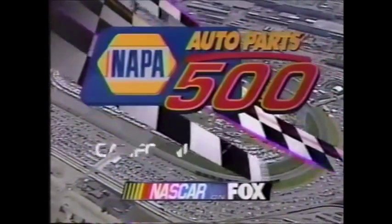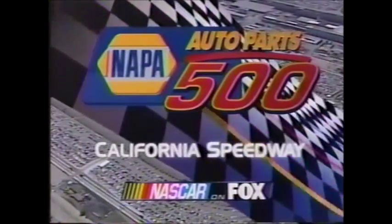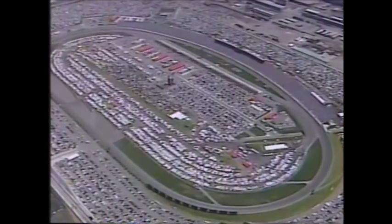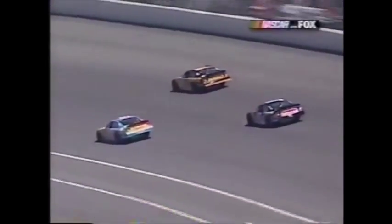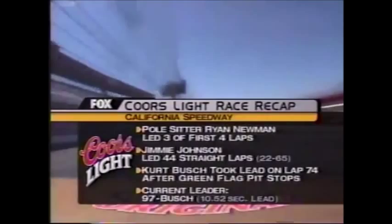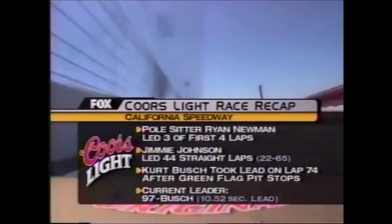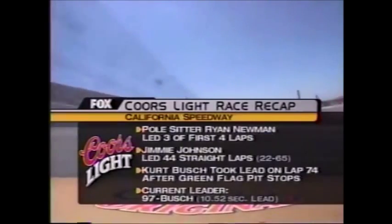Welcome back live here, the Napa Auto Parts 500 in Fontana, California. Fox appreciates you joining us. The Coors Light halfway recap, brought to you by Coors Light. 9 lead changes. We've had just 1 caution so far. The record here for this racetrack is a 4. Jimmy Johnson led 44 straight laps. Kurt Busch took the lead on lap 74 after